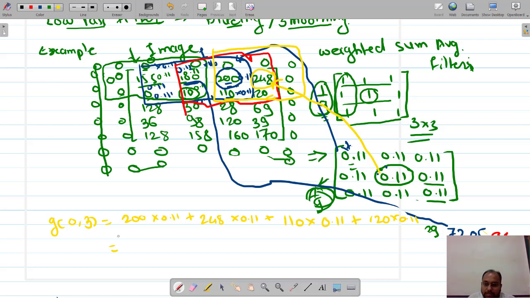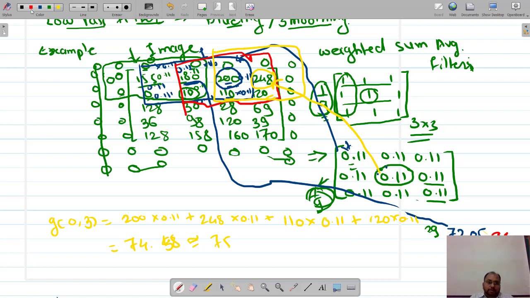I hope I have got all the pixels. Yes. So I'll be getting 74.58, so I'll round it off to 75. Now my new pixel value will be 75.